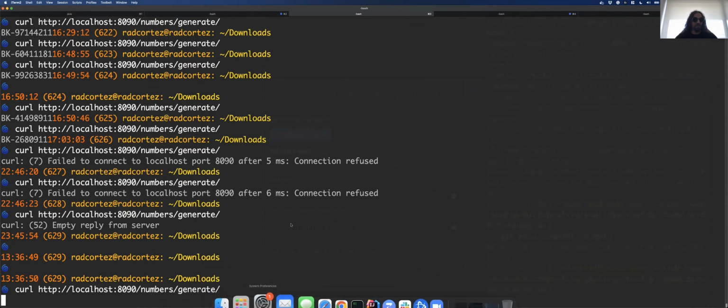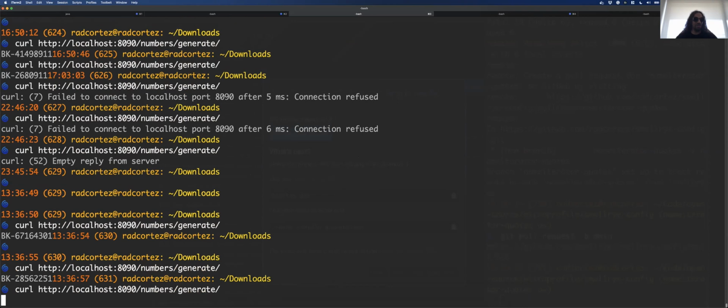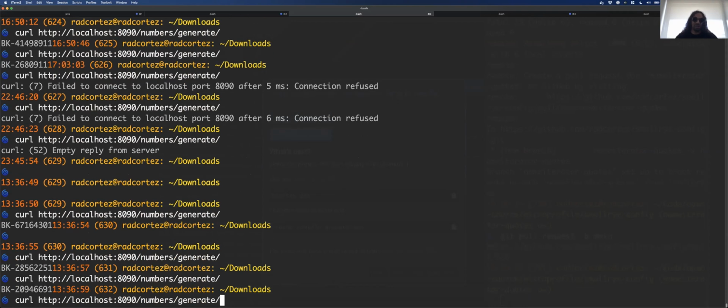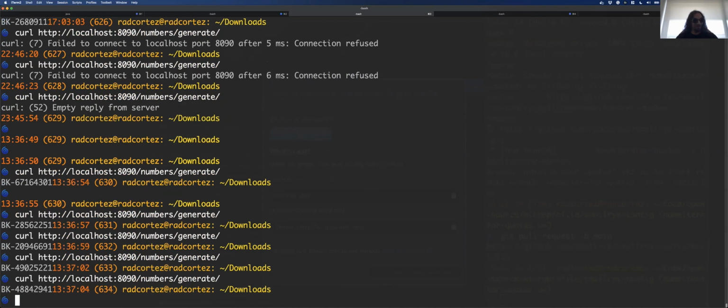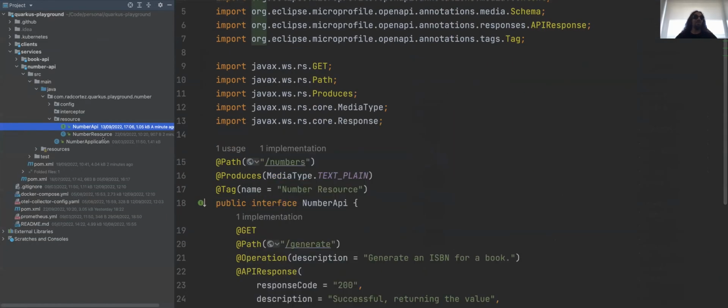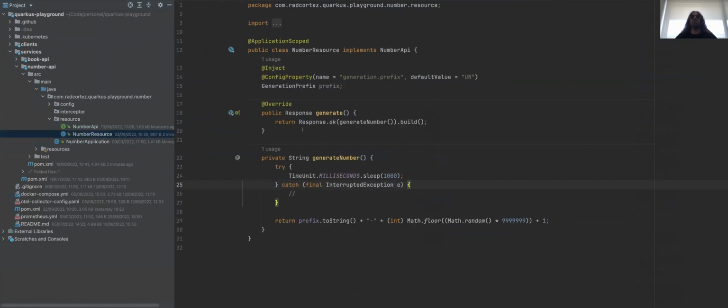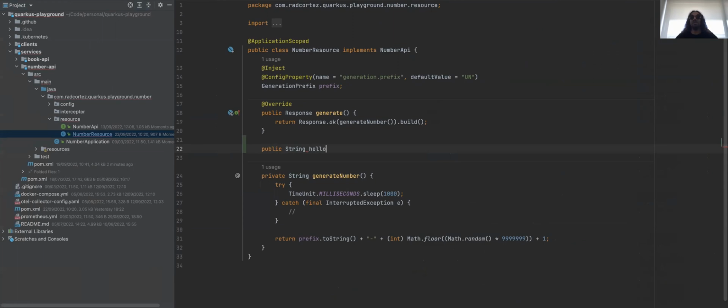Let's do a couple of curls. So yeah, this is just generating a random number. This is actually an endpoint to create books. I'm going to get into that detail in a sec. But I have a bunch of them, so that's working fine. But now let's just say I want to change my application, right? So you can just come over here, and let's create a new method. I'll say hello JCon,